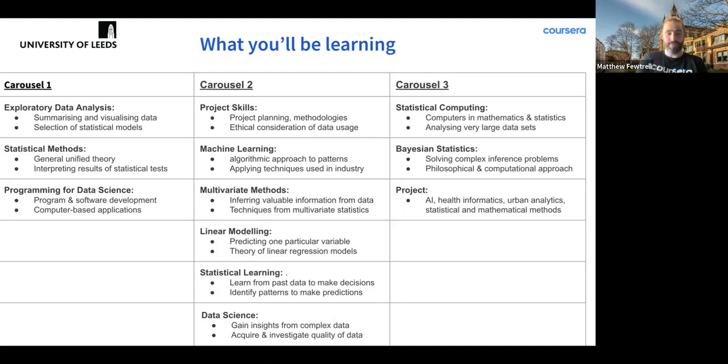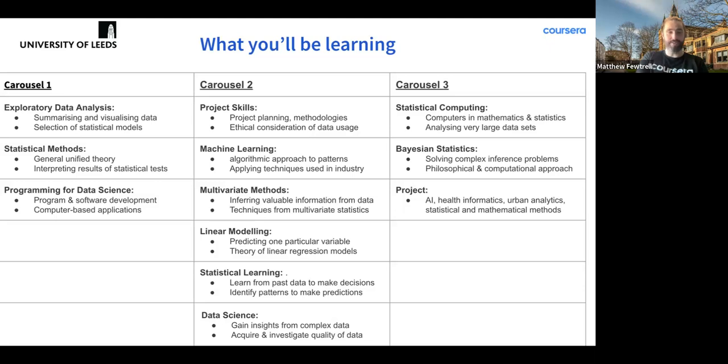You'll look at multivariate methods, which will look at big data with multiple variables. It is vital to discover patterns and infer variable information from the data. This module introduces basic techniques for multivariable statistics with the aim to discover, describe, and exploit dependencies between variables in complex data sets. In linear modeling, you'll predict variables using the linear regression models, learning about variable selection tests and diagnostics. You'll also explore extensions of linear modeling to deal with the more complex data sets.